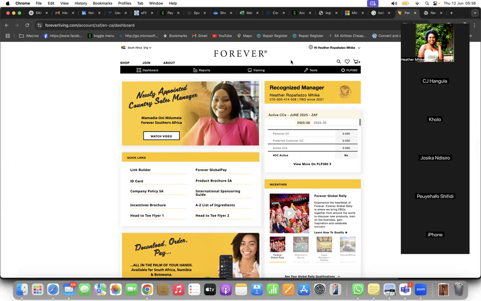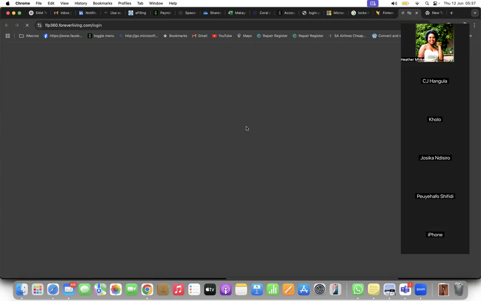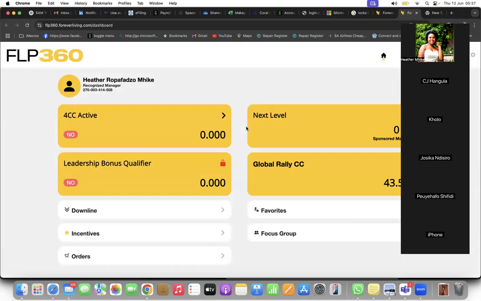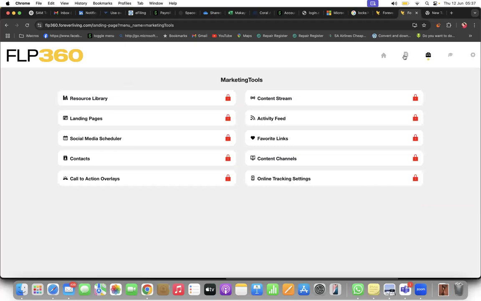Thank you for that. If you want to access your website using the FLP 360, you go here to FLP 360 and you say continue. I already have an account, so it's just going to log in automatically. If you don't have an account, then you would have to go and log in and set up your username and login details and all of that. But you would come here under